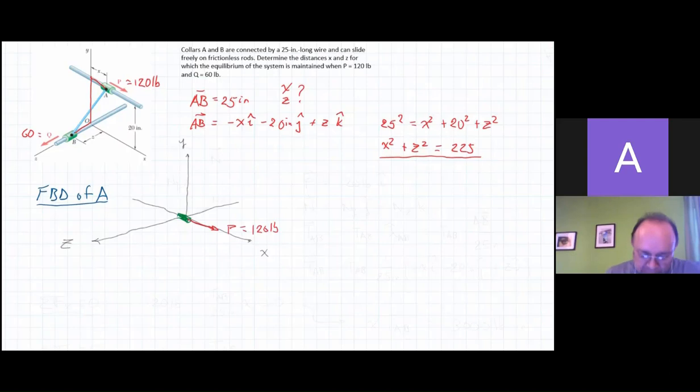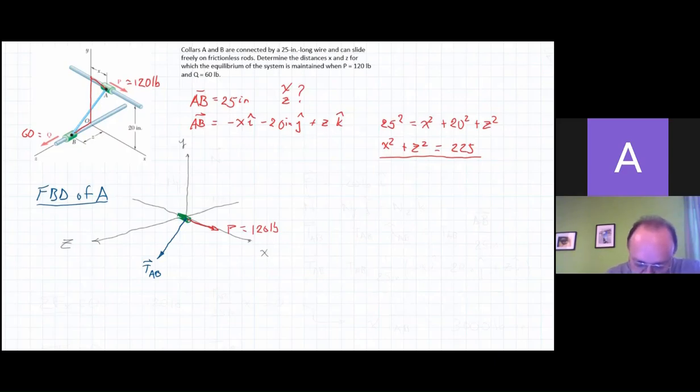There is another force produced by the cable AB. Let's put it down here like this. And we're going to label it tension AB. And there is also the reaction of the rod against the collar A,